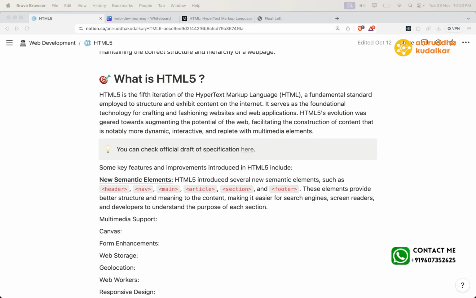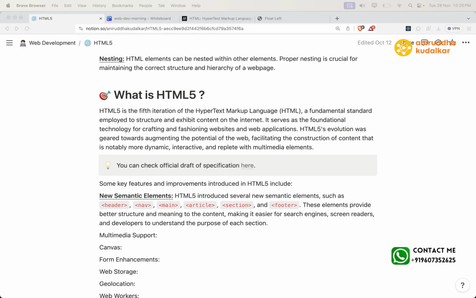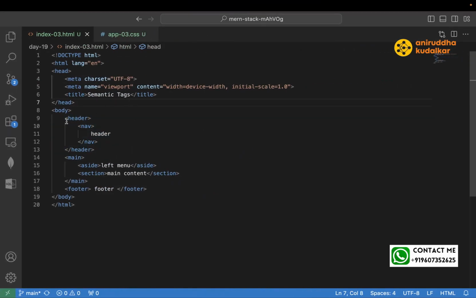So when you talk about the semantic tags, semantic elements are the tags that carry meaning about the structure and the content of the document, making it easier for both humans and machines to understand the purpose of the different parts of the page. So whenever a crawler comes on this page, the crawler will show you